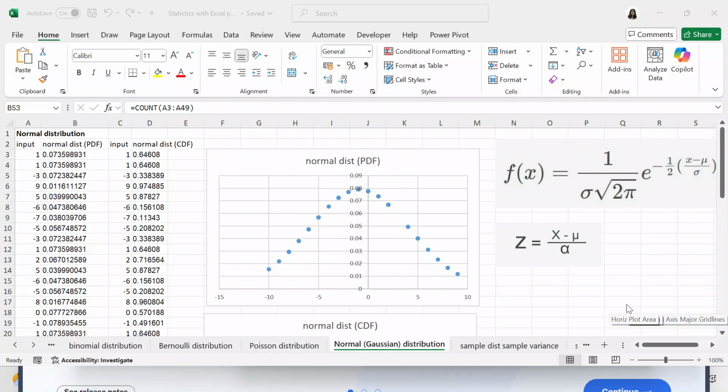We're going to be talking about the normal distribution. The normal distribution is also called a Gaussian distribution. It's called a bell curve, and it can also be called a Z distribution. So it's important to know all of the names of these distributions because it's going to come in handy at